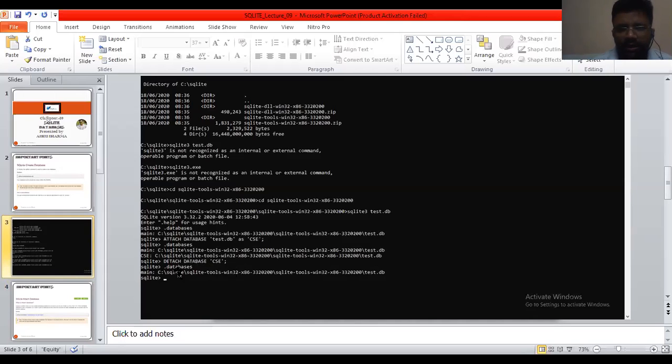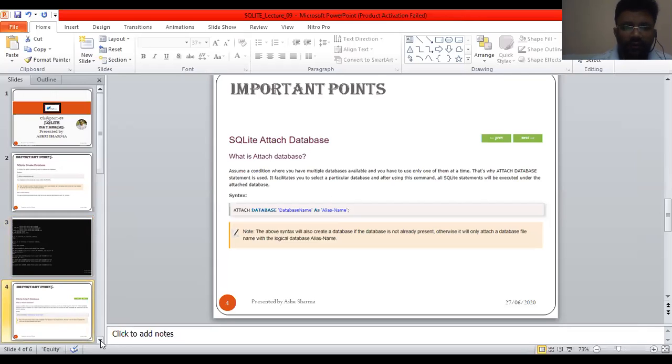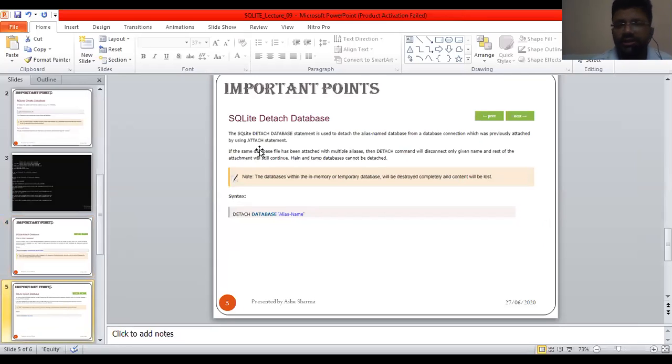Once we again display the result with .databases, now we only have main, in which the test.db file is there, which is the database file, but CSE is already detached. It will not delete or detach all the aliases. It only detaches the alias that we have provided as the name, CSE. This is the significance of detach that we have covered in this slide.